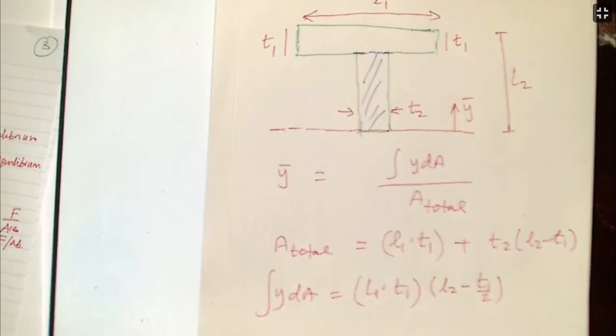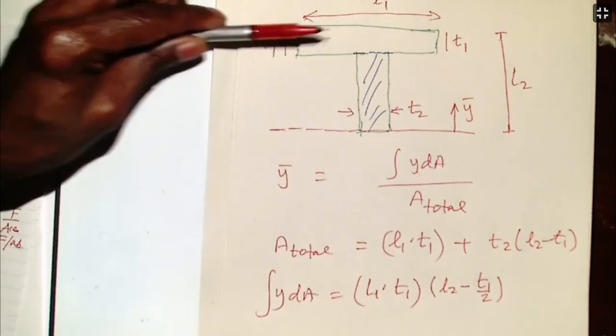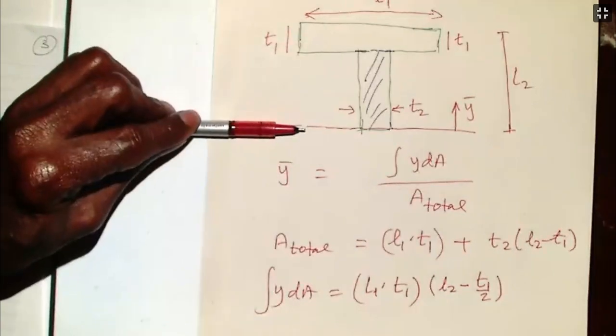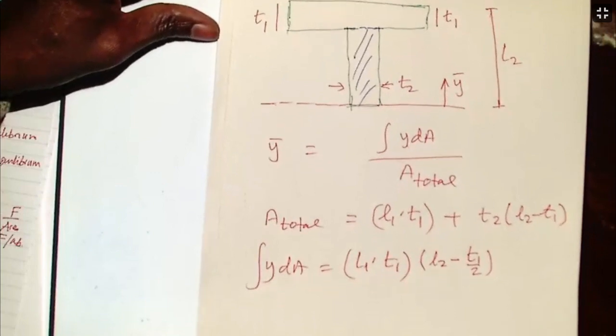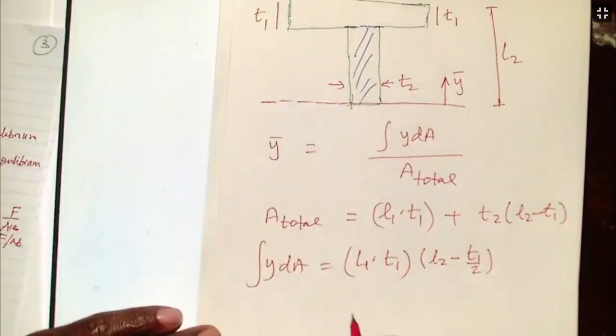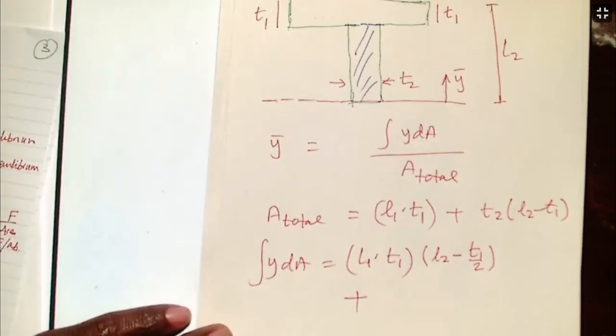So the center is at that distance from the base. So our Y is how far is the center of the cross-section from the main base that you are using as your reference. If I go to the second one, I'll say plus the area of the second one is